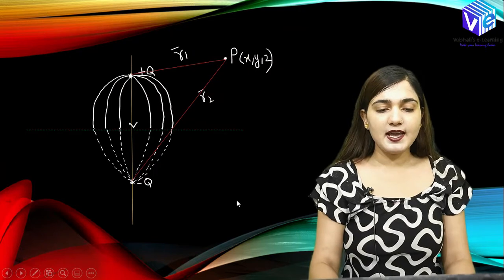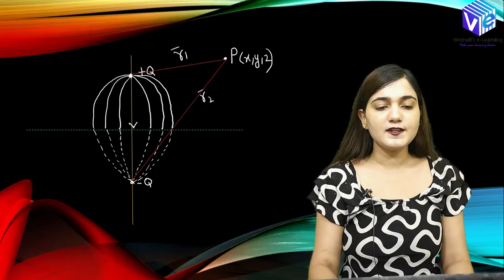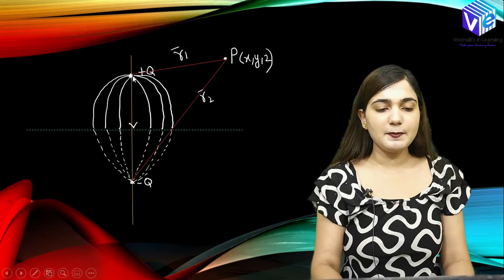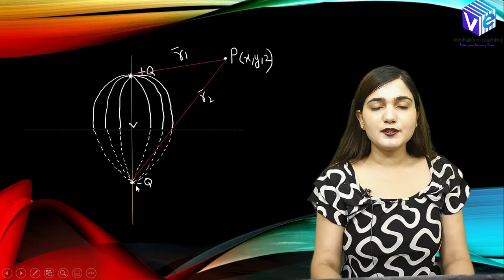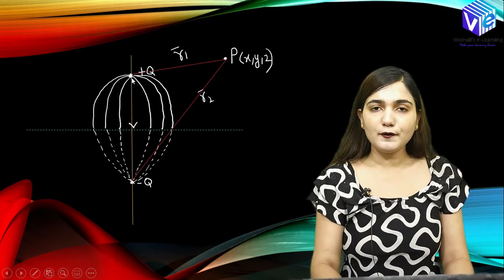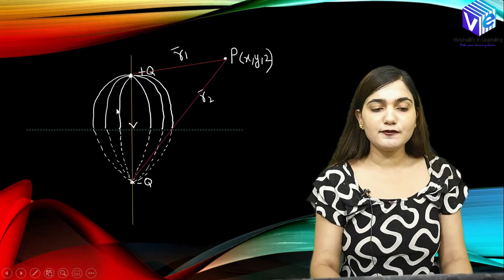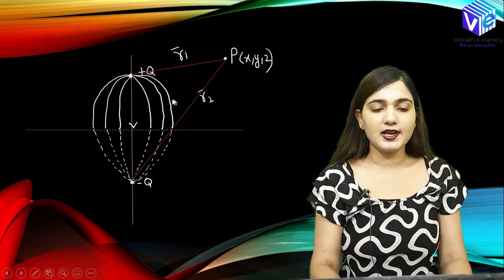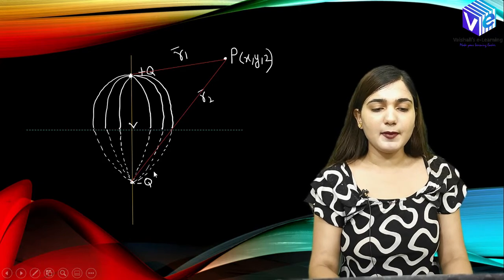So let's understand the electric line of force, how the electric line of force are going to vary. So here you can see this is my plus q, which is present above the conductor in the air, and this is the minus q, the image charge, which is formed inside the conductor. And we all know the electric line of force will arise from the positive charge and they will be terminating at the negative charge. So you can see this is how we can make the electric line of force always arising from the plus q and terminating at the minus q.